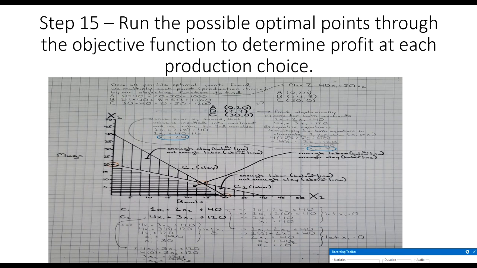We take these three optimal choices and we multiply by the values given to us in our objective function. So we come over here. If we manufacture point A, which is 0 bowls and 20 mugs, we get 0 times 40 plus 20 times 50 equals $1,000 profit. If we manufacture 24 bowls and 8 mugs, we get 24 times 40 plus 8 times 50 equals $1,360 profit. If we manufacture only 30 bowls, we get 30 times 40 plus 0 times 50 equals $1,200. We consider these three numbers